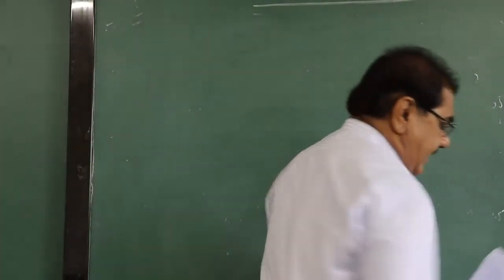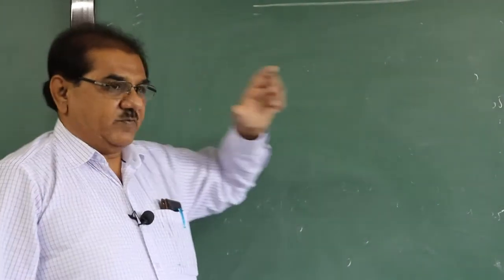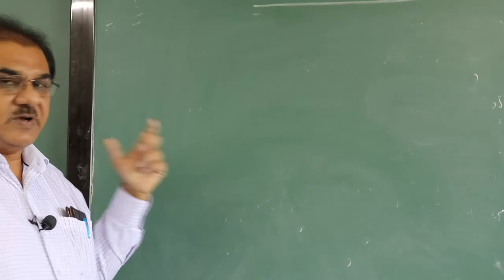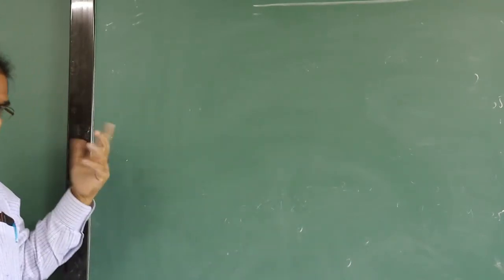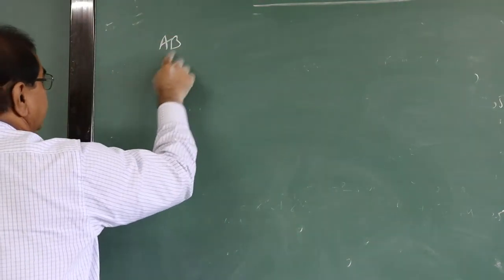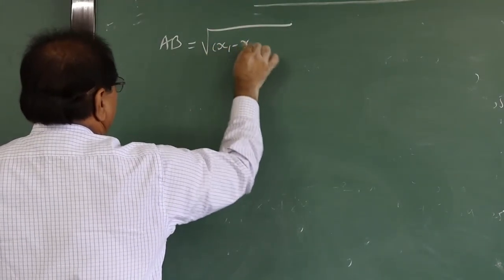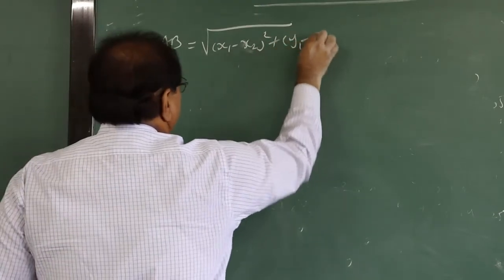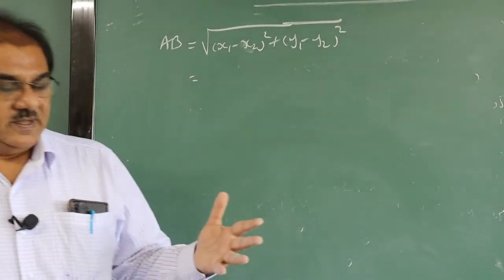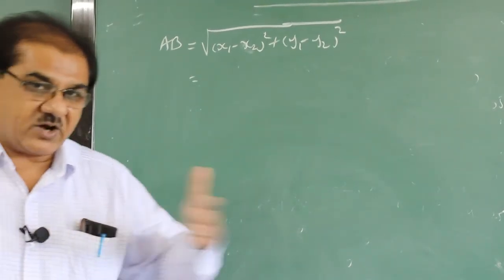Now very briefly I tell you what we understood today. First of all, we took the graph and tried to find the distance if the 2 points lie in the same quadrant. We found the distance between 2 points if they lie in different quadrants. Then we took the formula for the distance between 2 points A and B: square root of x1 minus x2 whole square plus y1 minus y2 whole square. Using this, we took the example of 3 points and found out whether they form a triangle or not. We took 3 points and checked whether they are collinear or not.